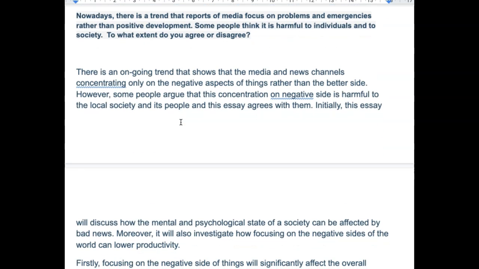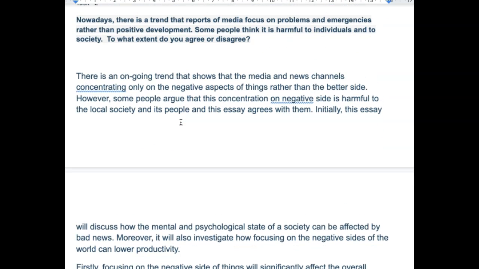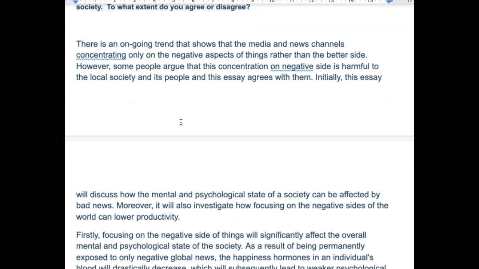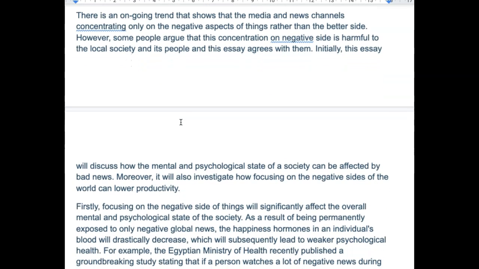Nowadays, there is a trend that reports of media focus on problems and emergencies rather than positive developments. Some people think this is harmful to individuals and to society. To what extent do you agree or disagree? There is an ongoing trend that shows that the media and news channels concentrate only on the negative aspects of